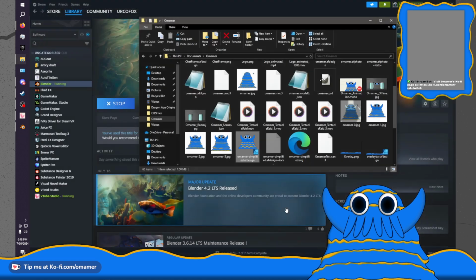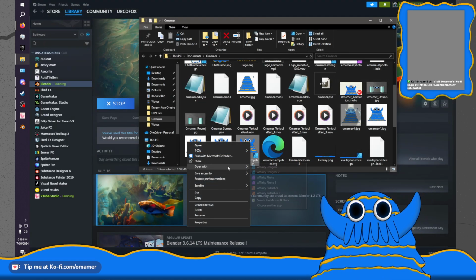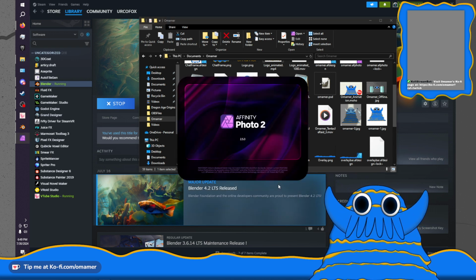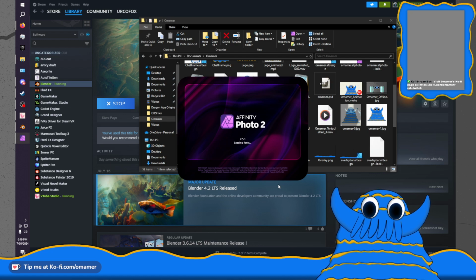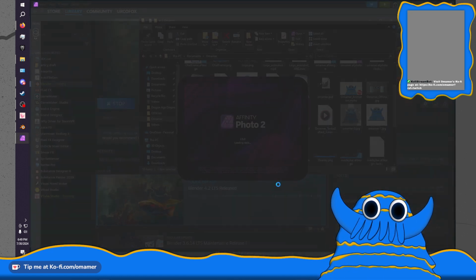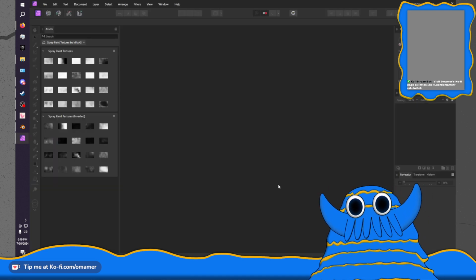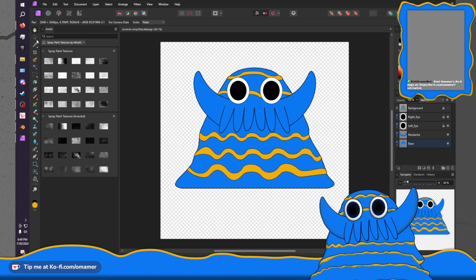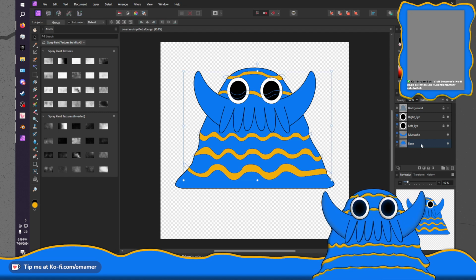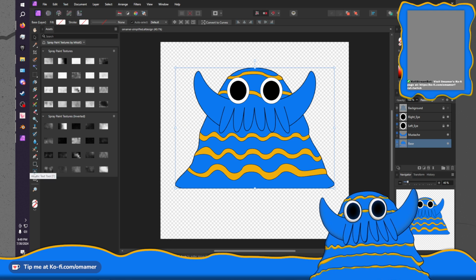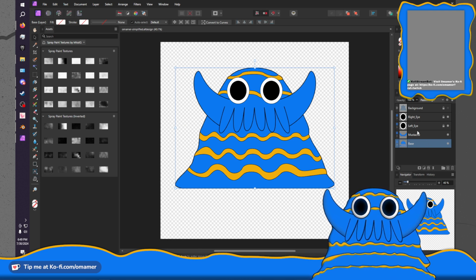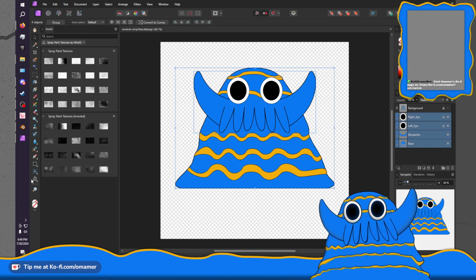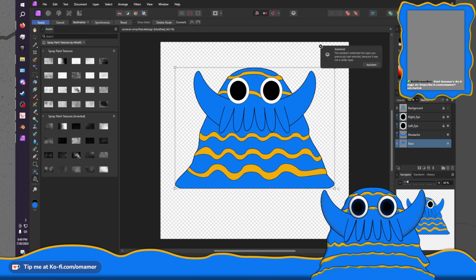No, I know what we got to do. Okay. We're just going to open the document in Affinity Photo, and that way we'll get our layer structure preserved. I'm remembering how to do this now. So we come in here to do this, and then this time we can kind of select all this stuff, and we'll go back to the Mesh Warp tool. We'll do that the same way.